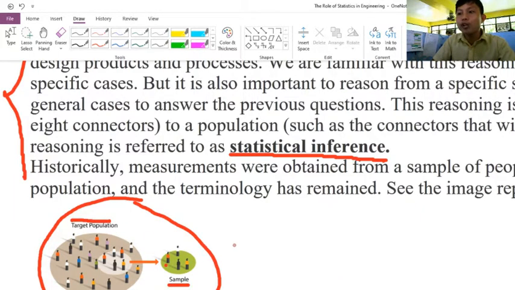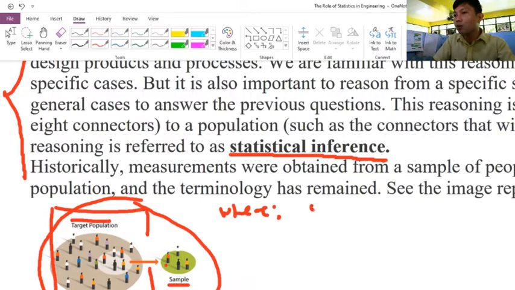So, target population is yung population mo. For example, Filipinos, no? For example, ito yung mga Pilipino. Okay? So, where 1 human is equivalent to 1 million. Okay? So, ibig sabihin, 1, 2, 3, 4, 5, 6, 7, 8, 9, 10. 10 yan, times 1 million. So, ganun kadami yung population natin.